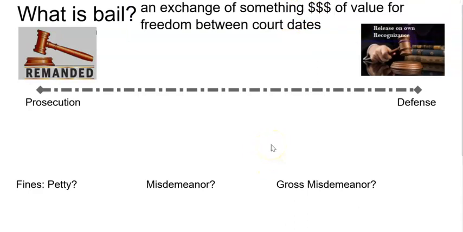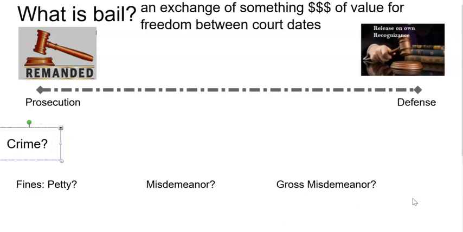Now, when we look at bail and what is considered extreme or excessive or fair in terms of setting bail, there's a lot of things that are taken into consideration when bail is determined. And so a couple of those things that I want to make sure you get written down is, when bail is considered, one of the first things they will consider is, what is the crime? Are we talking about minor theft? Are we talking about violent assaults? Are we talking about property crimes? So a judge will take those into consideration.